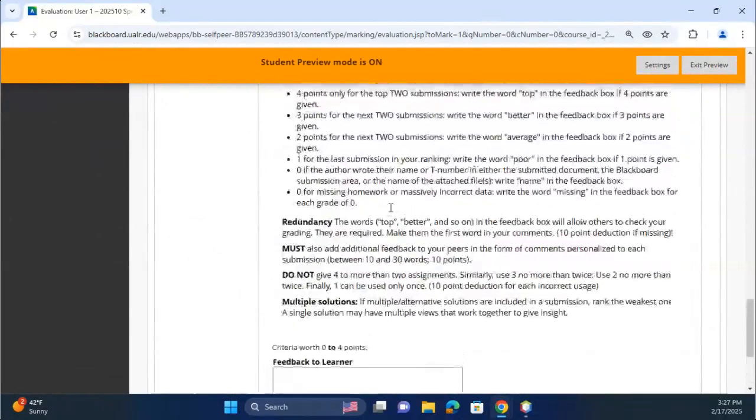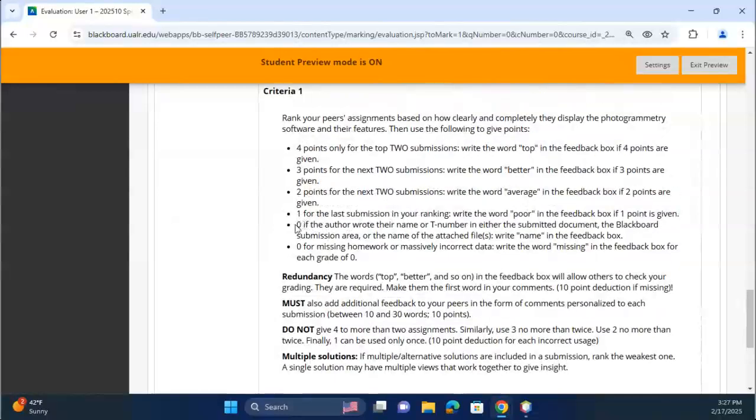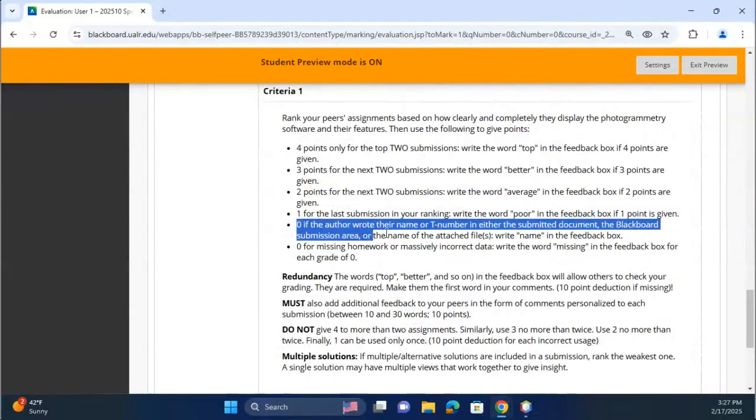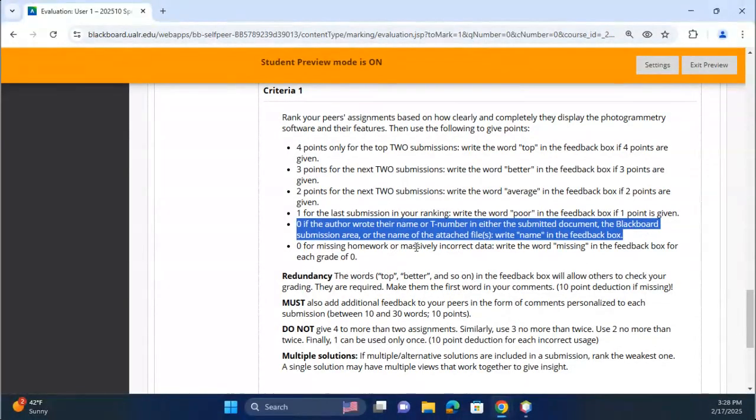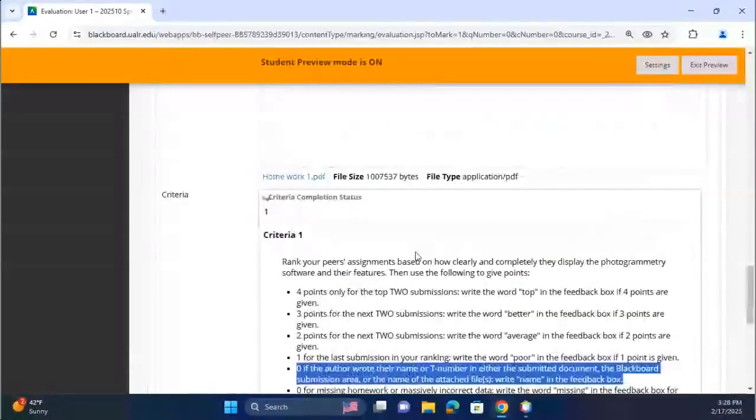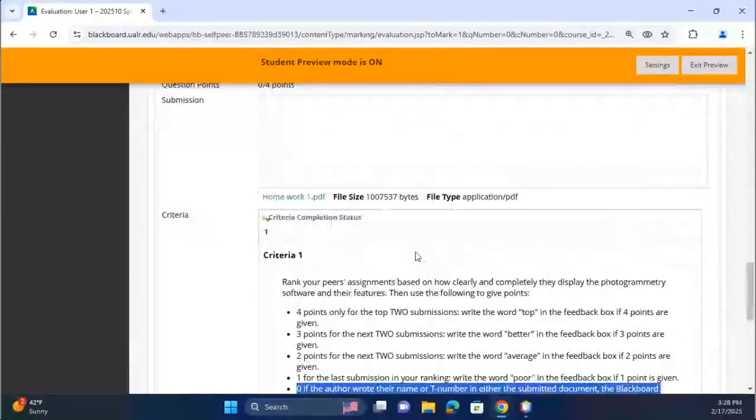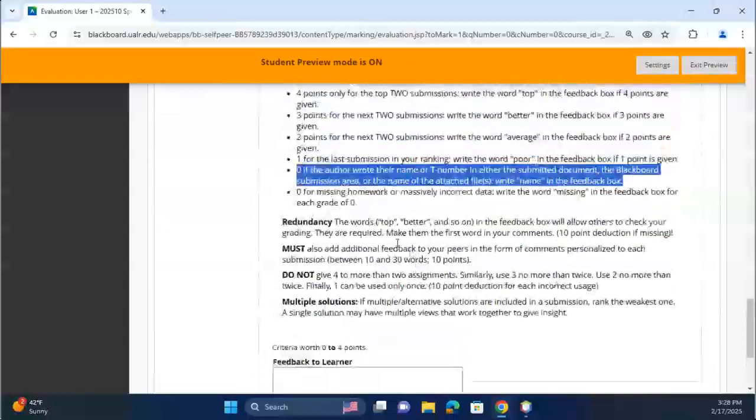What else? If somebody wrote their T number, name, it's a 0. I'm sorry, I wanted to keep it. So make sure the file name is good. It doesn't say John's homework 1. And then the final one, 0,